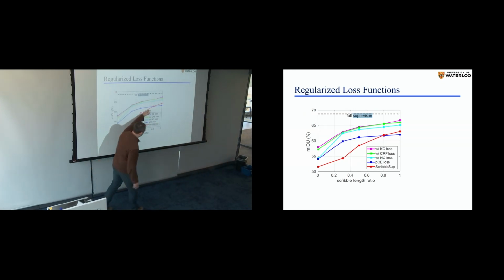So, okay, this is the worst plot in the graph, which is good, but what was most impressive for me when I first saw it was this blue line. This blue line is training where the loss function is only partial cross entropy. What do I mean by this? I'm not using unlabeled points at all in my loss. Here you use labeling produced by the graph cuts as a ground truth. The difference between this and this is you overfit to wrong labelings produced by graph cuts, while here you can do better if you just trust what is true.